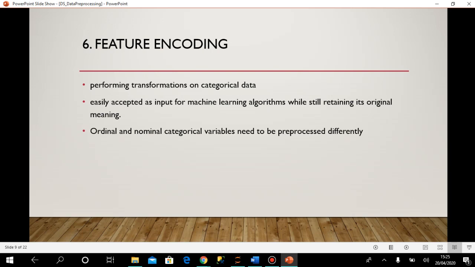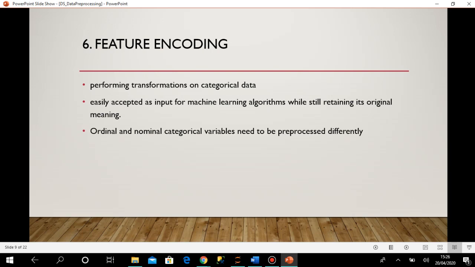Suppose there is a gender column, so it can have the values male and female. And it can be your grade in the exam, which can be exceptional, very good, poor, like that. The grade example is ordinal data, right?